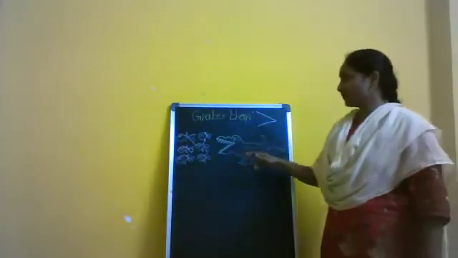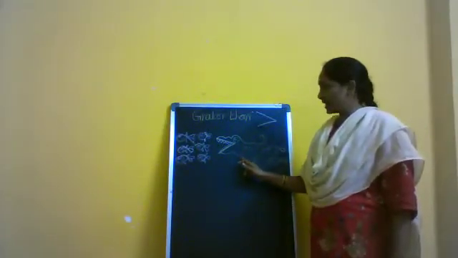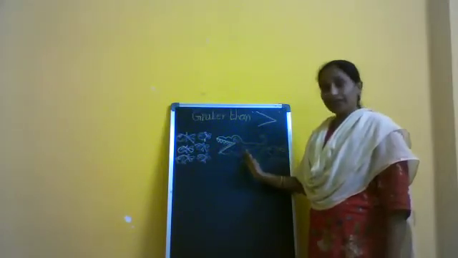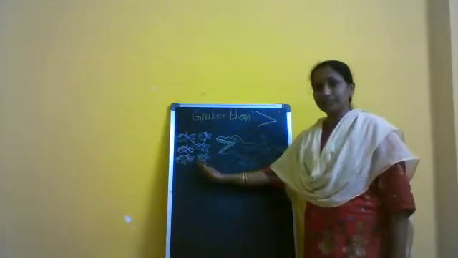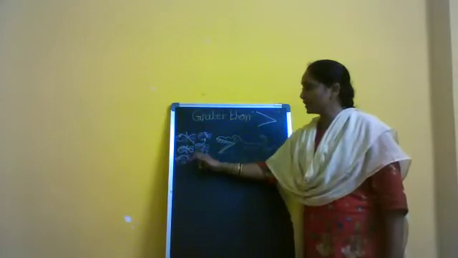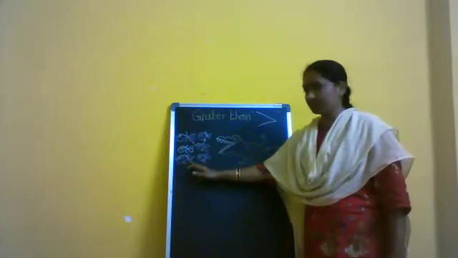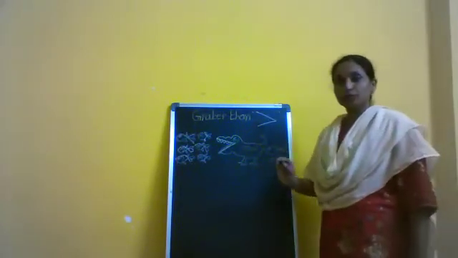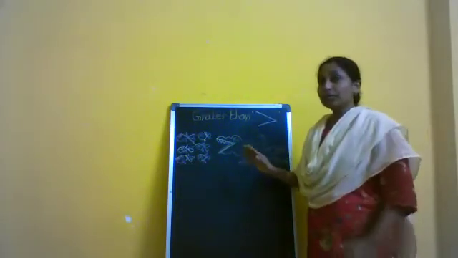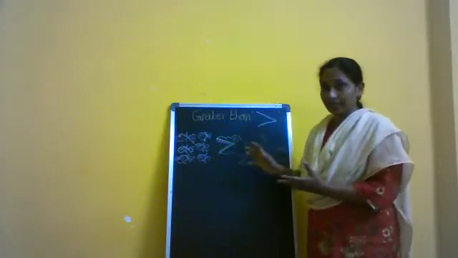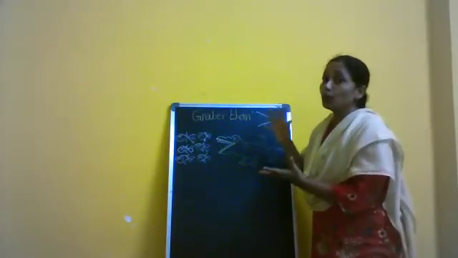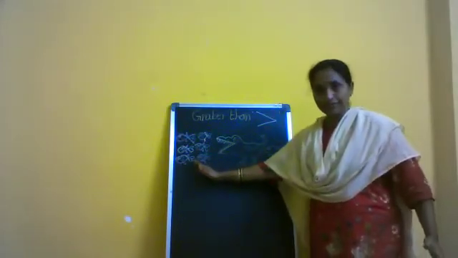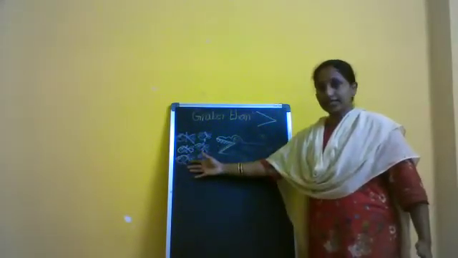See, observe. Here the crocodile is there. This side, it was very hungry. On this side, 6 fish are there. See, 1, 2, 3, 4, 5, 6. 6 fish are there. Coming to this side, how many? 1, 2. 2 fish are there. So it will feel hungry, right? It wants to eat more. Which side has more fish? Come on, tell me. Left side, right?